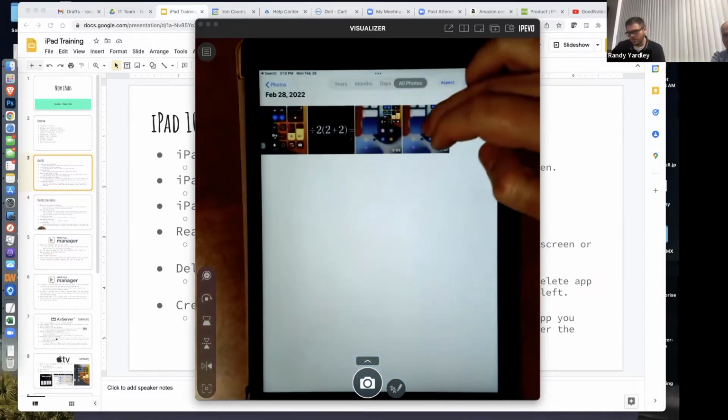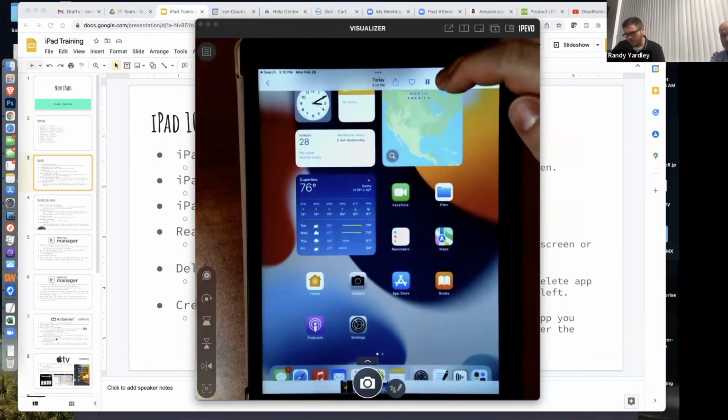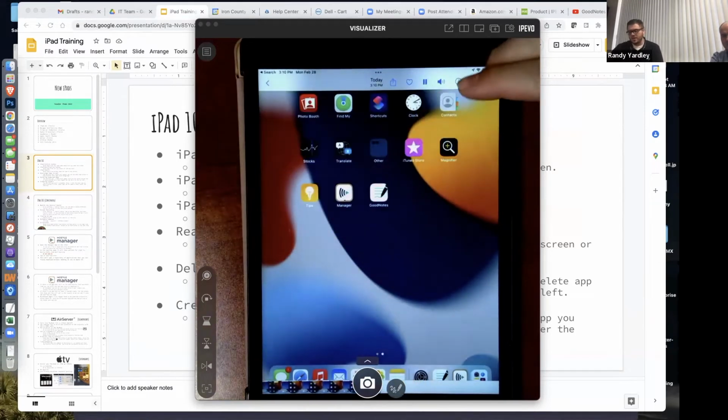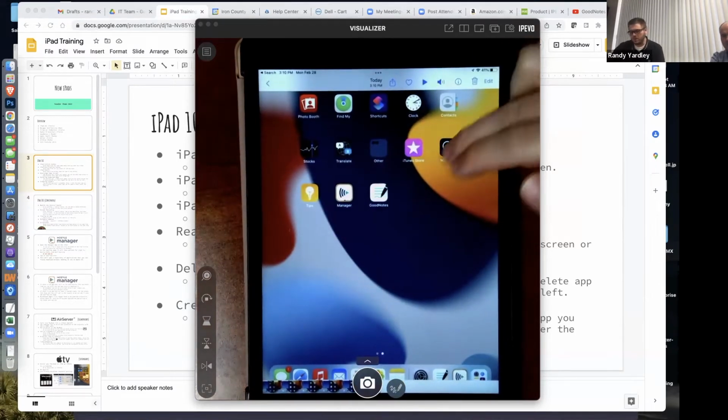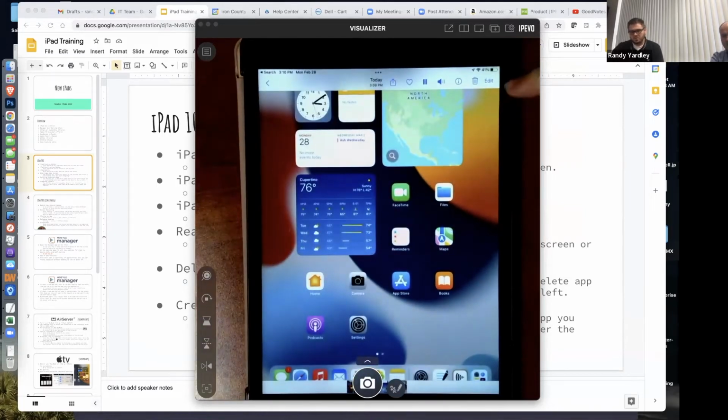So now we have a screen recording. And let's see, it may be this one, or it may be the other one. Oh, there it is. Let's stop it. And now you can hear how it did record my voice, whereas this one that we did originally, it's playing right now. I wish I would have swiped, but it is playing and there's no sound. So that would be how you do a screen recording